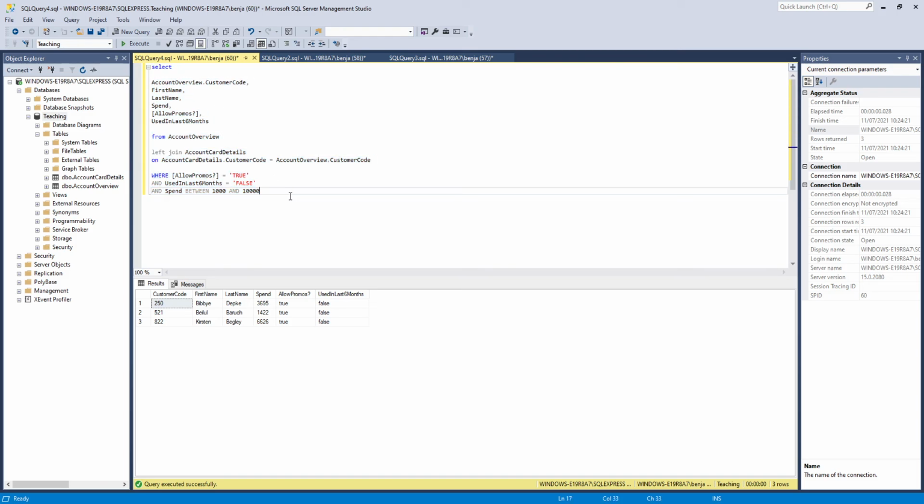And I just wanted to take this time to show you what it can be like in a real environment. I think when I first started out doing queries, I was doing things very similar to this quite a few years ago. But it's this sort of simple querying that really starts to build all your understanding and all your knowledge. And before you know it, you'll be joining loads of tables on different information. So I think what I would really suggest is just try to take on board what I've shown you here. If you get lost in any of the jargon that I've used, like the left joins, the wheres, the ands, the betweens,